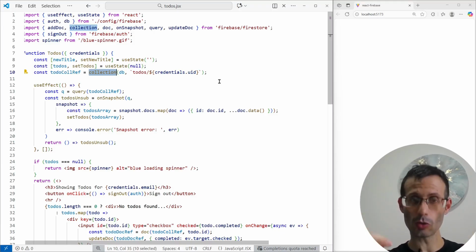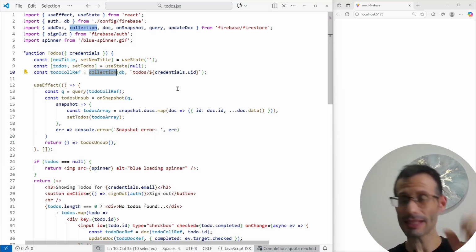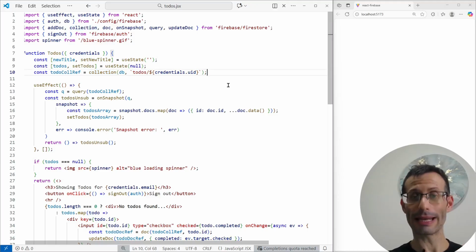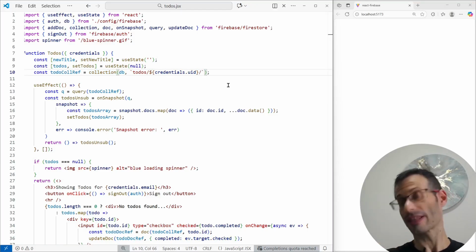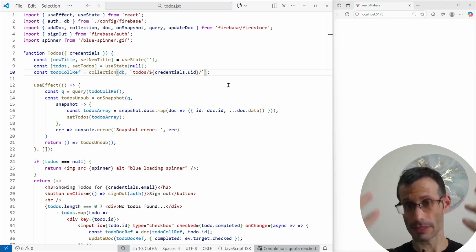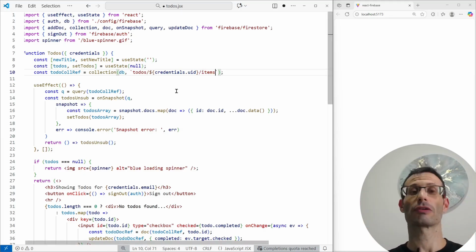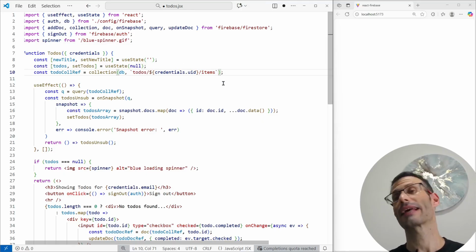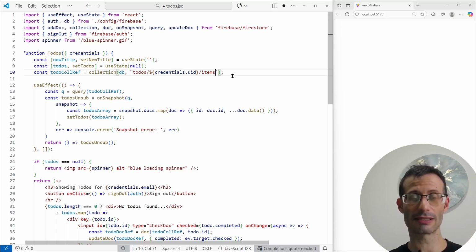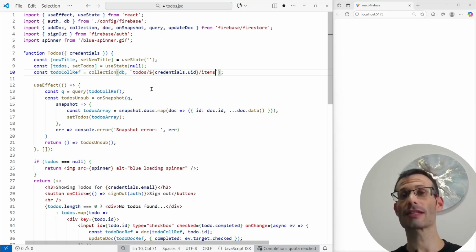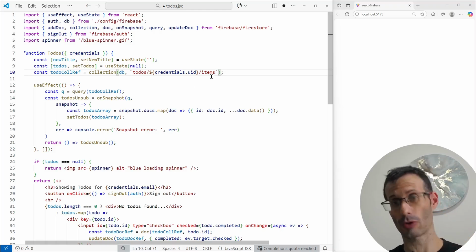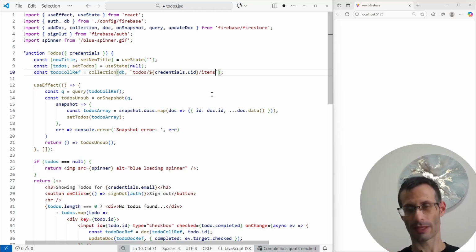So what we're going to do is to create a sub-collection in this document. So here I'm going to add another /, and we can call this sub-collection, for example, items. And this is valid for a collection reference because now we have three elements, right? We have todos, and then we have the user ID, and then we have items. So we have three elements, and this is a valid collection reference. In this collection, we're going to have this document, and in the document, we're going to have a sub-collection. So the sub-collection itself is going to be items, and this is where we're going to store the to-do items